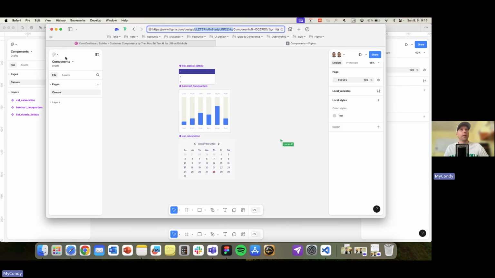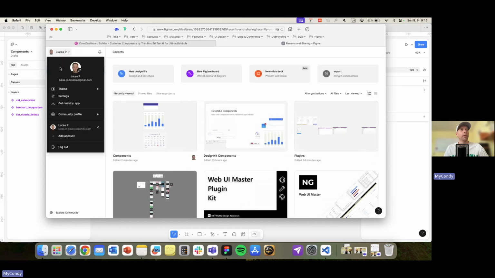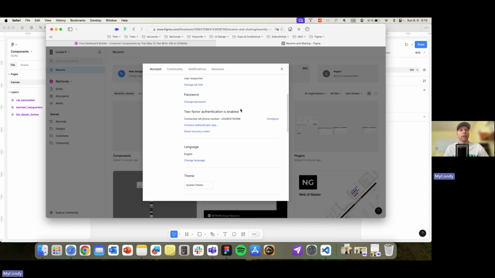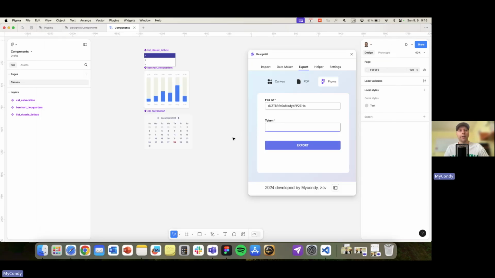The token I can get when I go back to files, open the settings, scroll down, and here you can generate a new token. I've already done the generating, so I only put my token inside DesignKit. Okay, token is here. Now what I need is to click on the export button and this component file will be